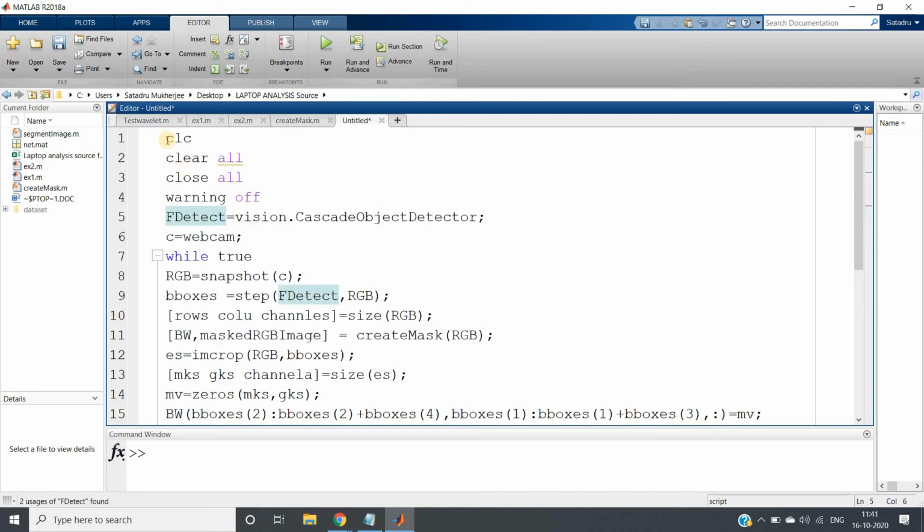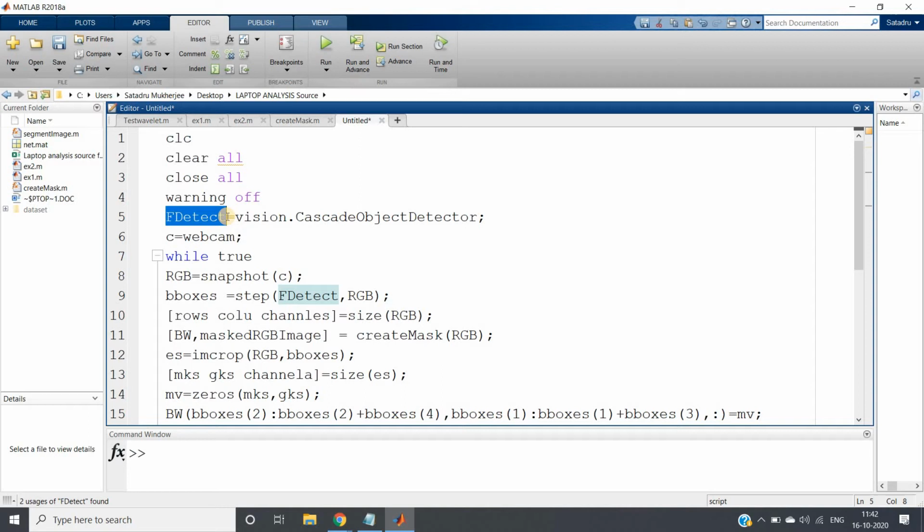So here is how the code is working. CLC, clear all, close all, warning off, as we generally write. Then I am creating one object, a cascade object detector, for detecting the face part. Because you have seen in the implementation that the face color and the hands color are almost similar, but we need to create the convex hull for only hands.